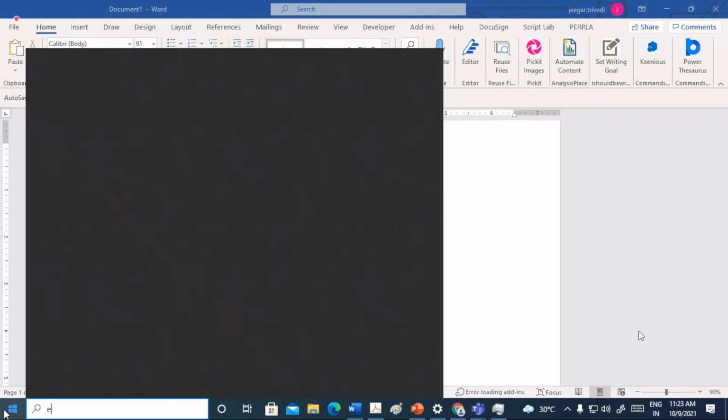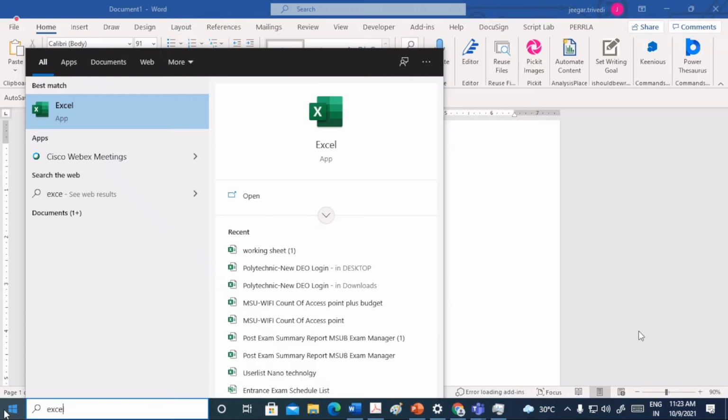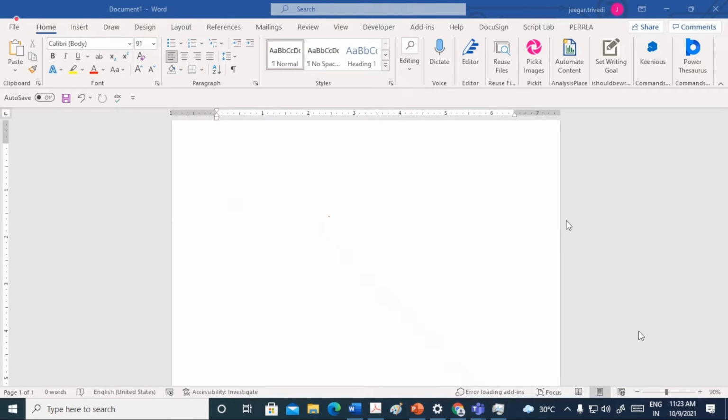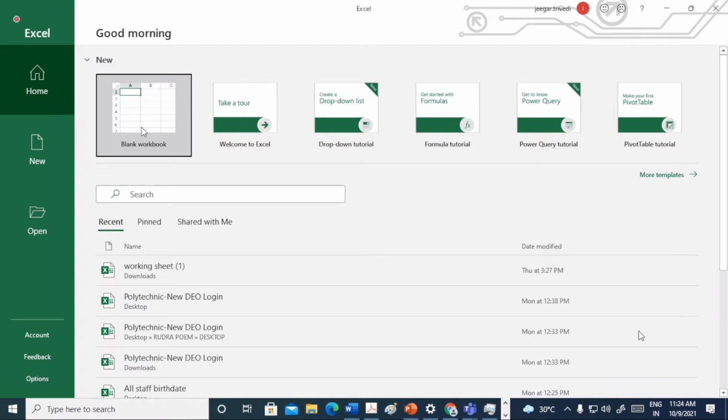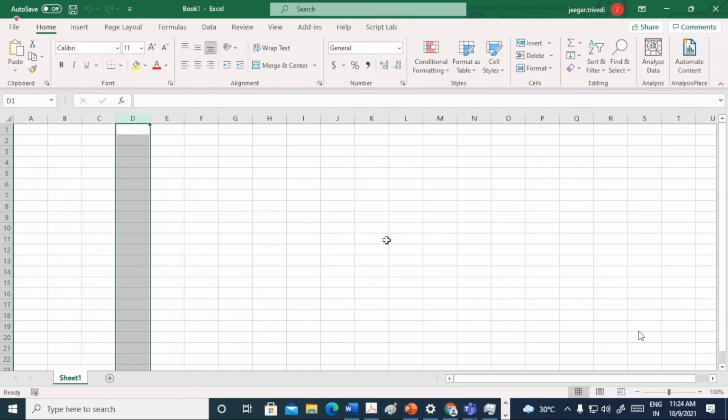I am opening the Excel application. This is a simple workbook. Let us create one table.